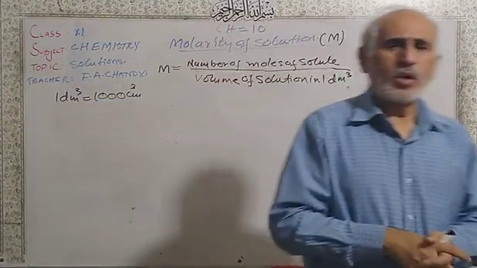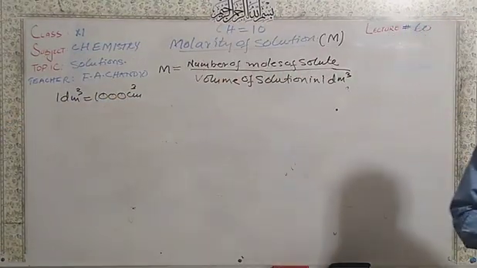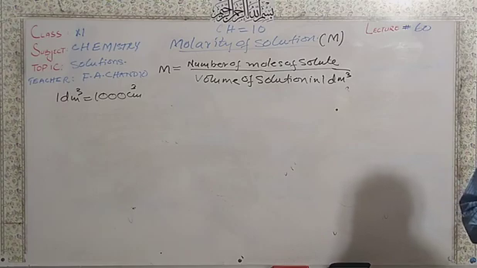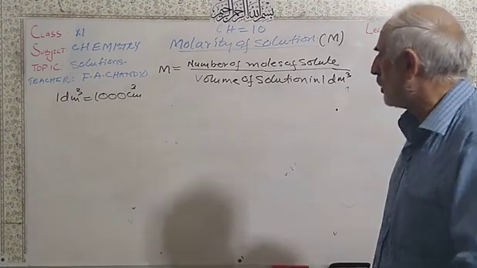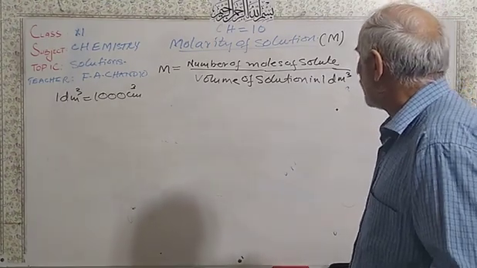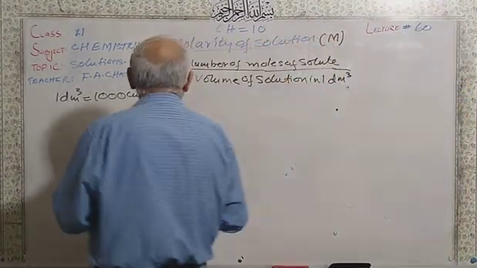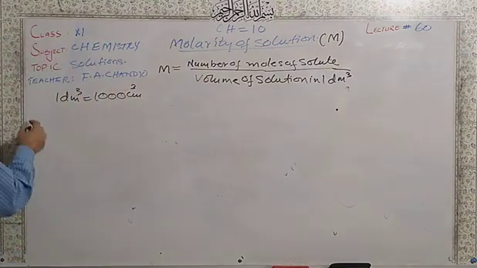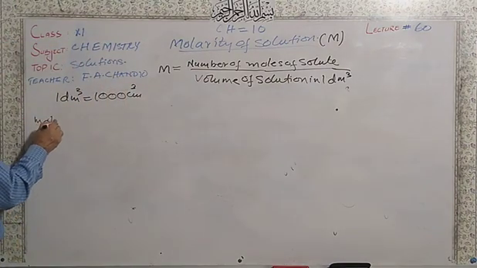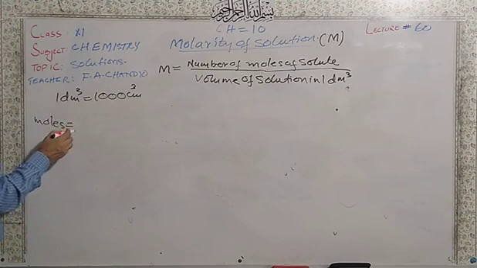So number of moles of solute dissolved in 1 decimeter cube or 1000 centimeter cube of solution is called molarity. Now moles, number of moles you calculated before,